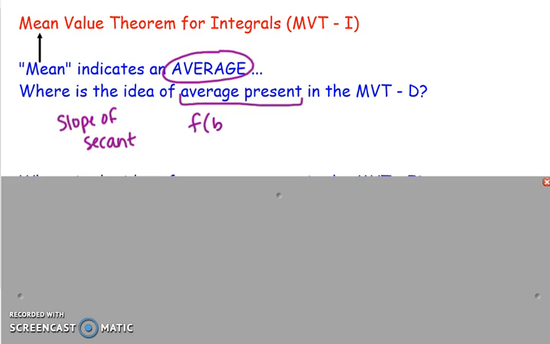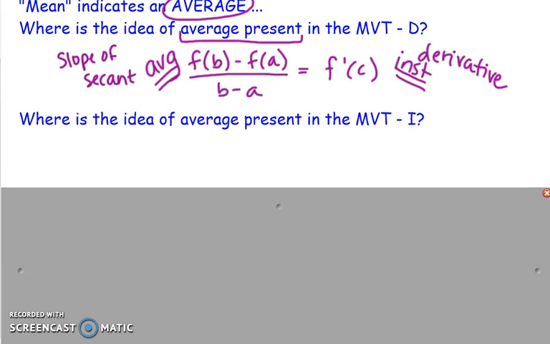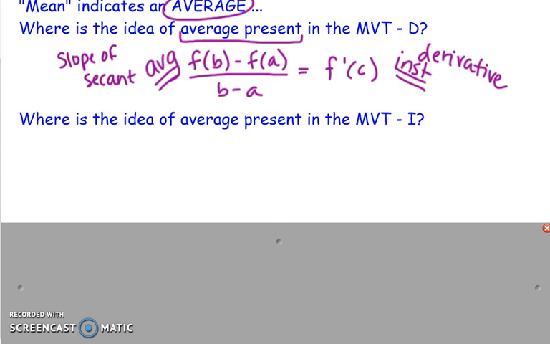which is going to be f of b minus f of a over b minus a, or old school slope, is equal to our instantaneous rate of change for the derivative. All right, so we've got average being equal to instantaneous. All right, well then, if we think about the mean value theorem for integrals, we are going to talk about the average height of a rectangle. Okay, the height of that special box,